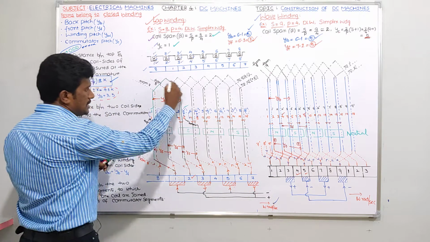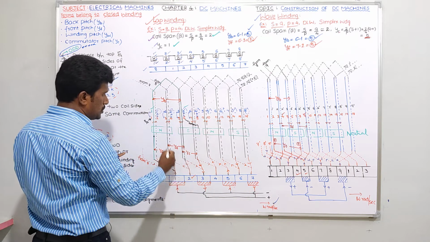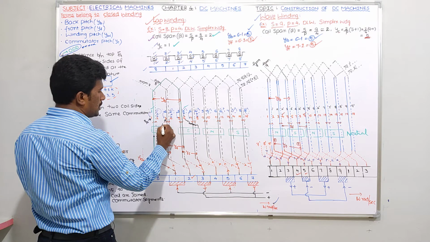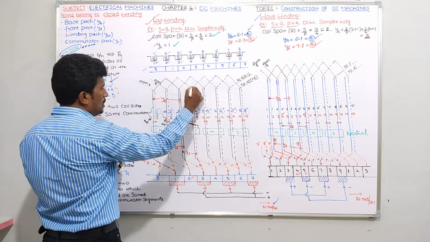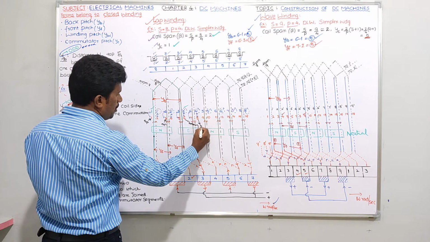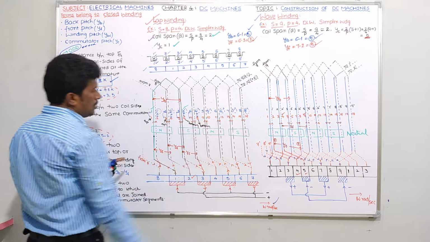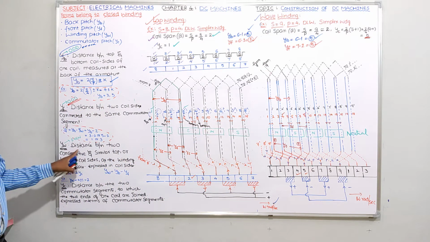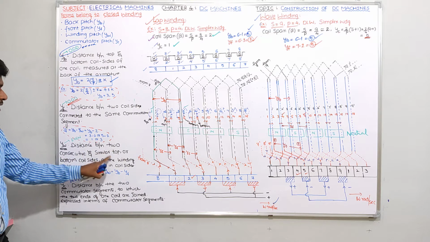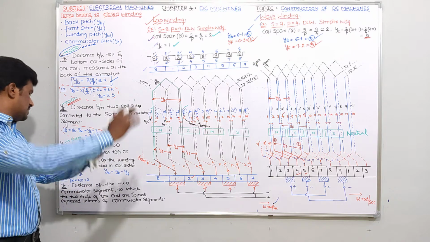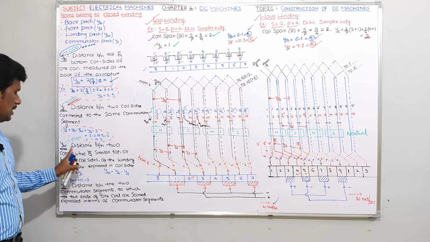And the second coil, if you see here, it is going like this. For the second coil, 3 is the top conductor, and it is going to 3 to 8. Here 8 becomes the bottom conductor. So now I think you can understand the question: distance between two consecutive and similar top or bottom coil sides as the winding progresses. This is called the winding pitch.